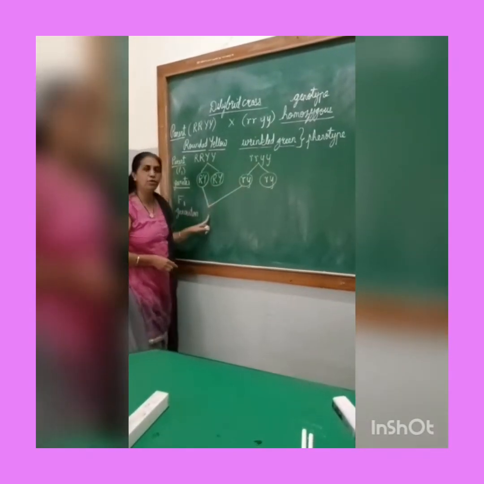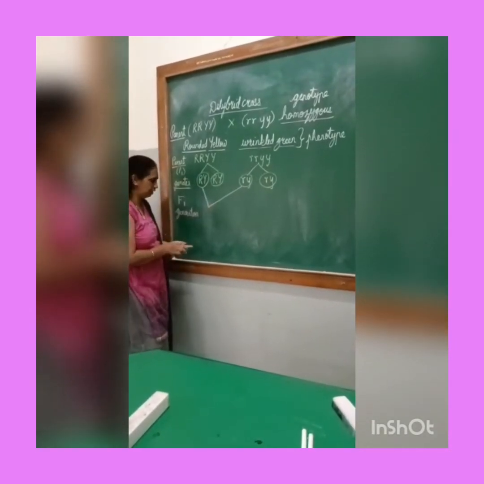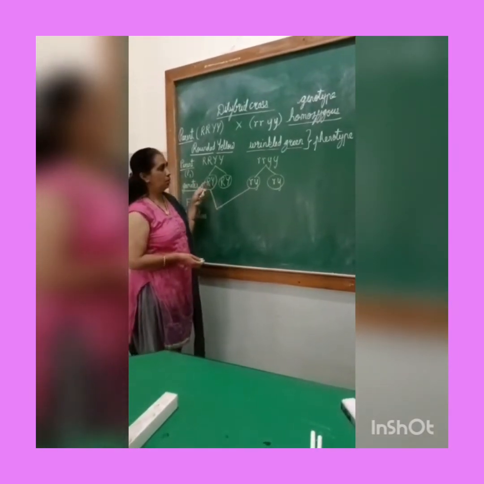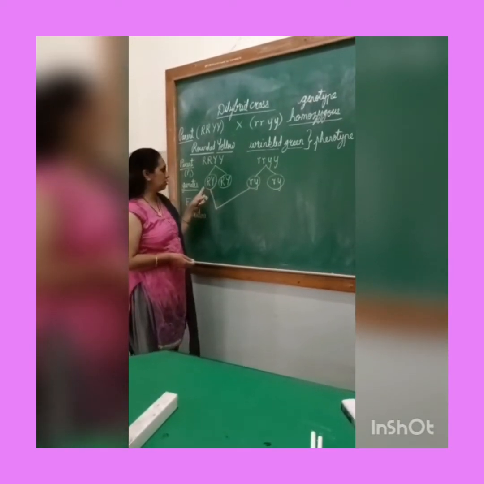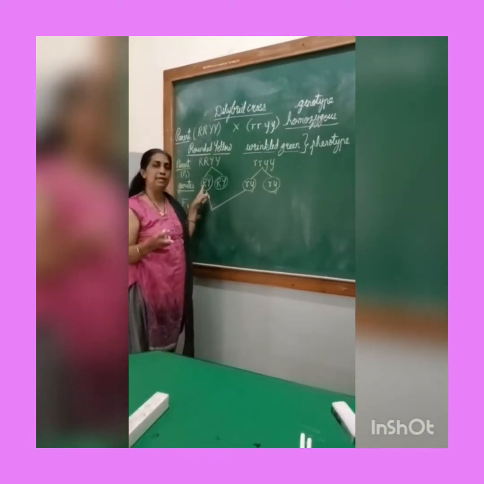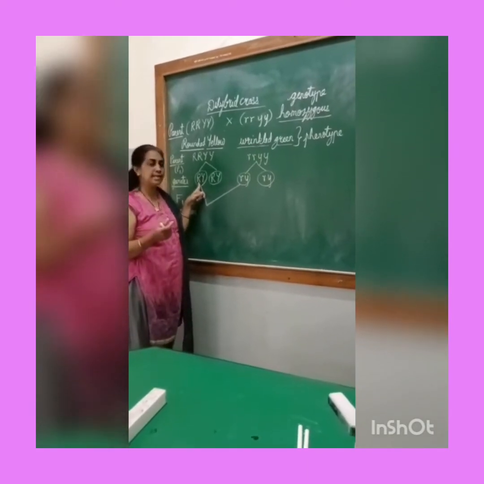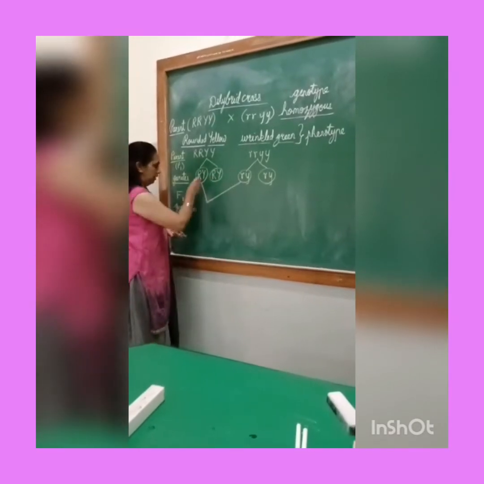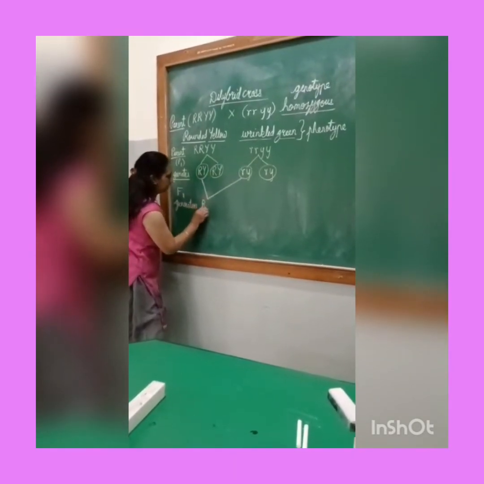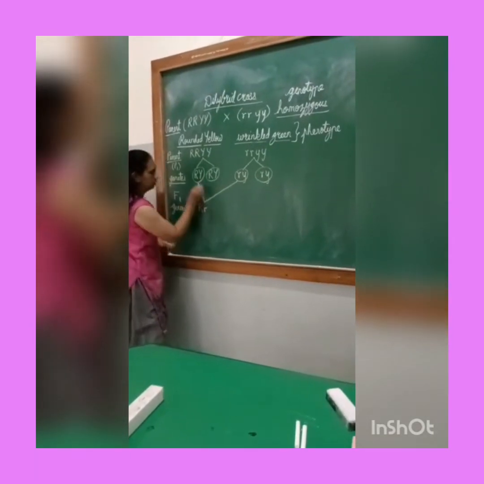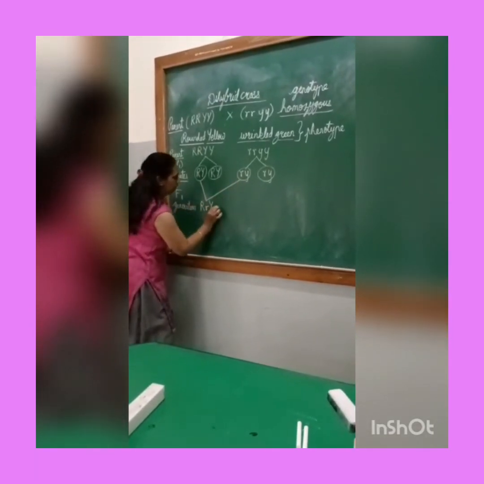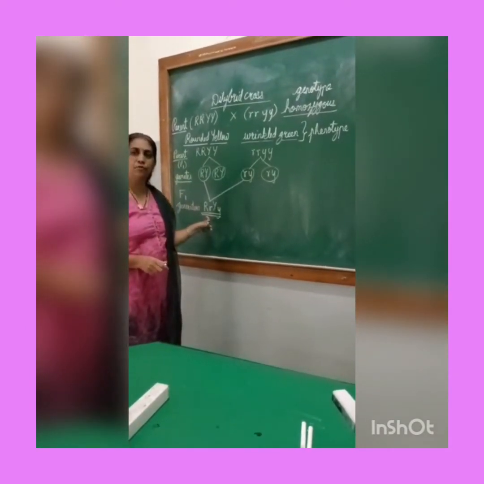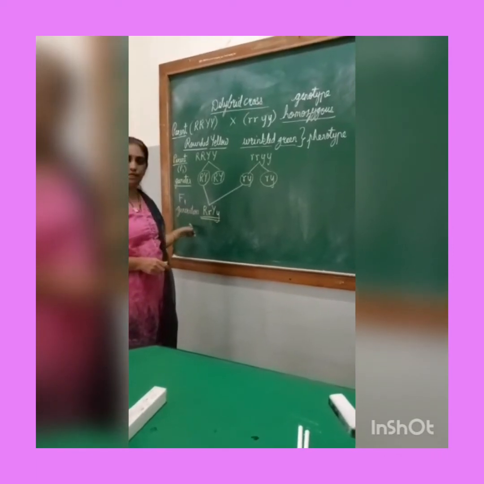What will be the genotype of the F1 generation over here? F1 generation will obviously be heterozygous. Okay, it is going to be heterozygous because it will have both the types of alleles. The allele for roundness and the allele for wrinkled seed. Okay. So let us write the genotype. Capital R from here, small r from here, capital Y from here and small y from here. Okay, so this is the genotype of the first filial generation.